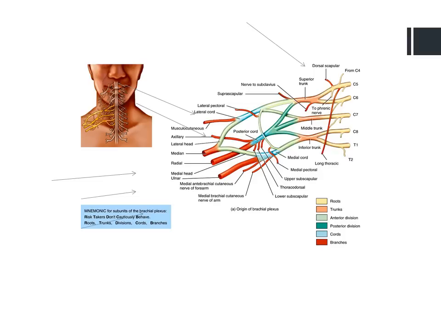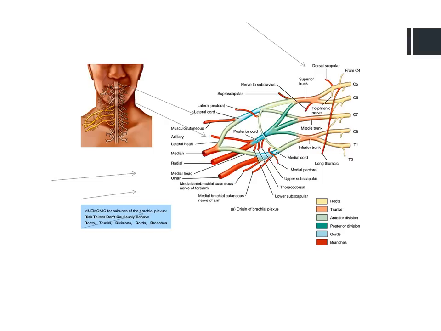5 roots gives us 3 trunks, gives us 6 divisions. Now the 6 divisions, there's 2 categories of divisions. There's anterior divisions and posterior divisions. So that's 6 mixing and mingling groups of nerve root fibers. These 6 divisions then condense into 3 chords, and then the 3 chords then